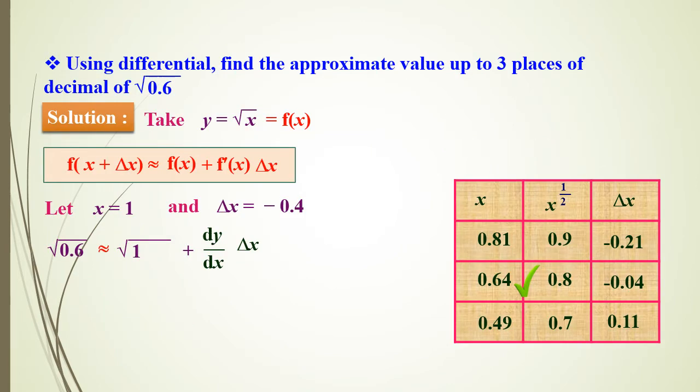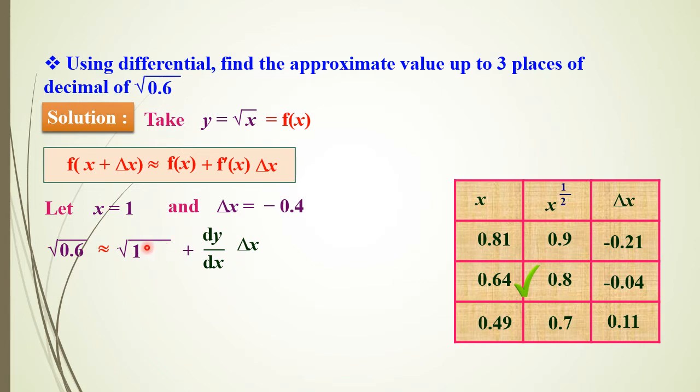When you find the approximate value of root 0.6, x must be considered as 1 and delta x must be considered as minus 0.4. As in the previous sum, where x was 49 and the part after the decimal point was considered as delta x. Same scenario if you followed: x value is 0, delta x value is 0.6. After substituting here, the result will be an undetermined form. Root 0 is 0, and some number divided by 0 is again an undetermined form.